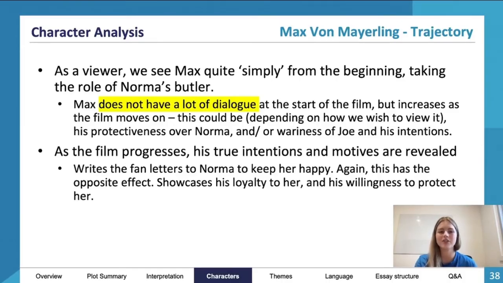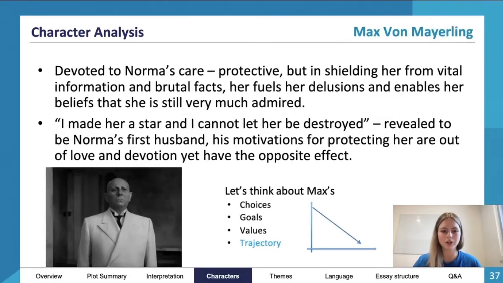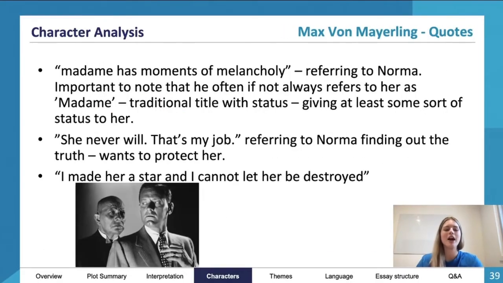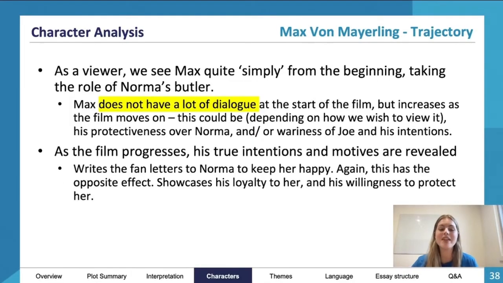And as the film progresses, his true intentions and motives are revealed. So, Wilder employs a red herring throughout the film as well. A red herring is something in the plot that might lead the viewer in a false direction. Because at the beginning of the film, we don't know who's killed Jo. And there's a picture here which was used in advertising, which clearly paints Max as creeping up on Jo, looking over his shoulder. We can see that maybe Max is painted as the villain,